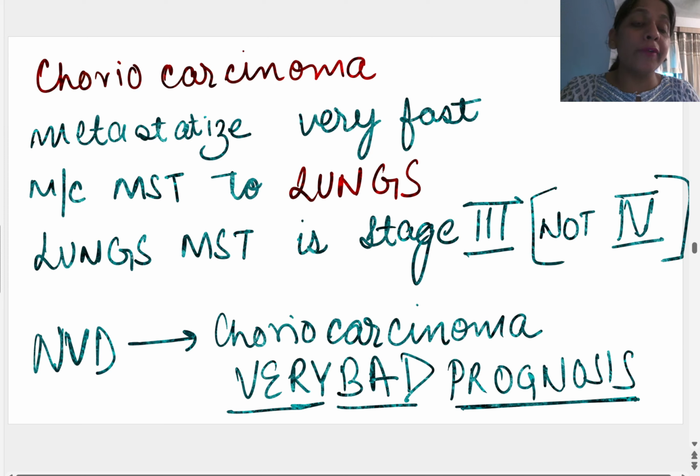Okay, you know that after a normal delivery a trophoblast can also become a tumor. After abortion, a trophoblastic tumor can also come, right, because trophoblast is formed in normal delivery and abortion too. Now if it becomes neoplastic, it forms choriocarcinoma. So if choriocarcinoma has formed after a normal delivery, it has a very bad prognosis. Okay, this is a one-liner,